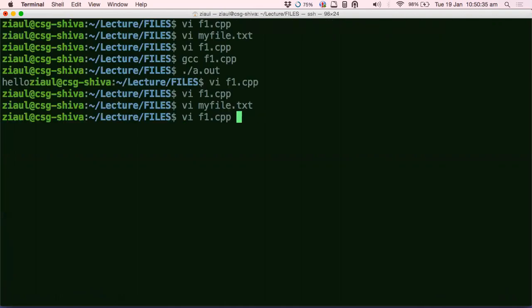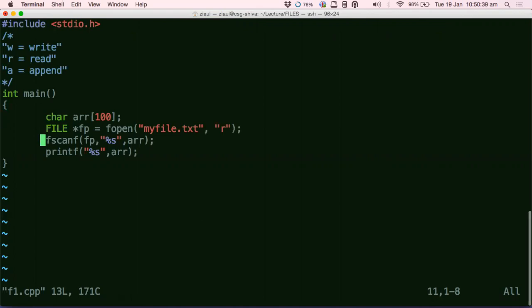So it's as simple as that. Whatever things you did with scanf and printf, you could do with fscanf and fprintf, and the similar things apply. That's all. The formatting, everything applies. That's why I told you, if you open the file and see,